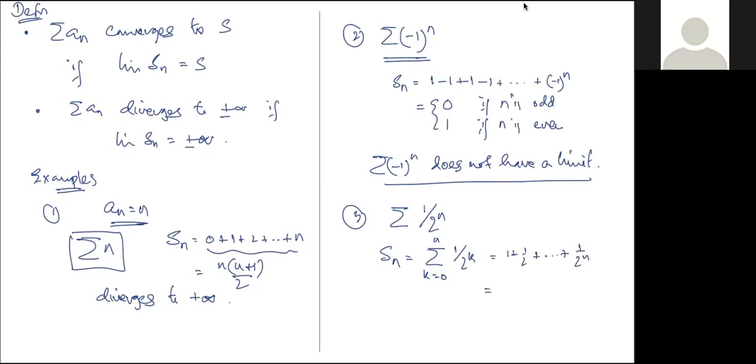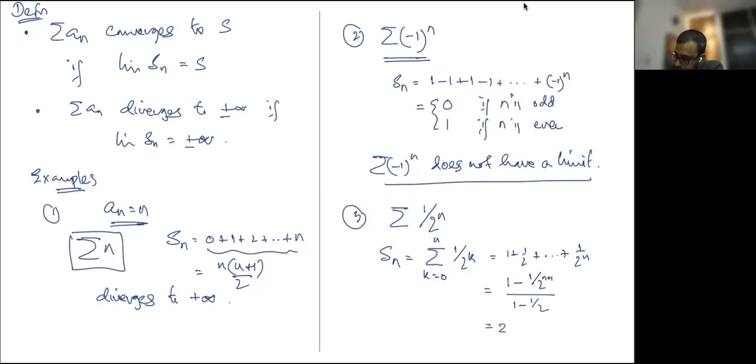So it will be 1 times 1 minus 1 by 2 whole to the power n, I think. n plus 1. Yeah. Divide by 1 half, divide by half. Right. So this is 2 times 1 minus